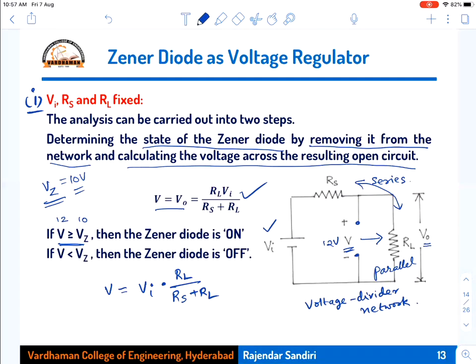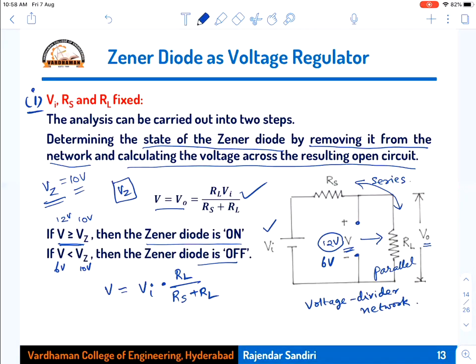If V is greater than or equal to Vz, then the Zener diode is on. Suppose I calculated the voltage here by removing the diode, and I got that voltage as 6 volts. Now the Zener voltage is 10 volts. The 6 volts is less than 10 volts, so the Zener diode is off. That means the Zener voltage is fixed for a given diode which is connected in the circuit. Okay, that is what Vz is, and I am